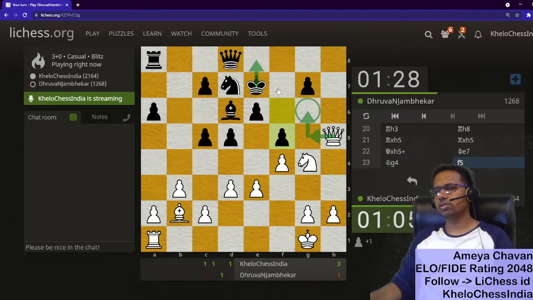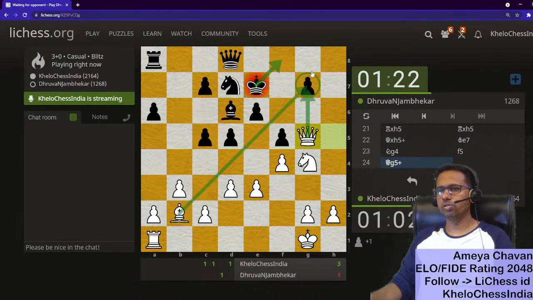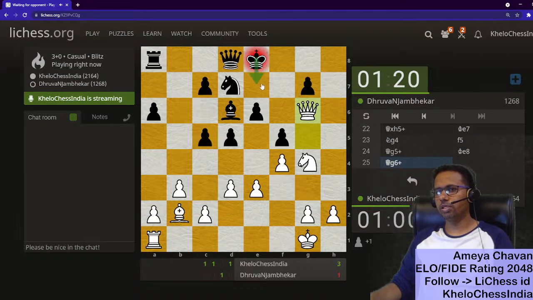Queen g6, king e7. Okay, let's go for queen g5 check, guys, first. If king f8, we have queen g7. So we are very good from this diagonal. Let's go queen g6 first now. And now the king e7 or f8. Anyways, we are going to capture the...